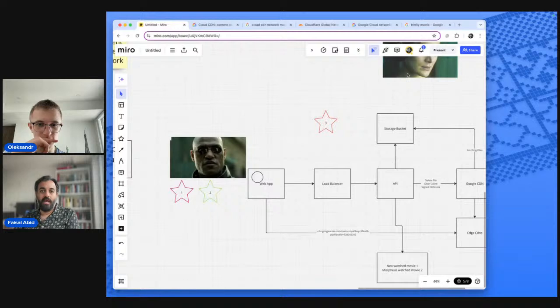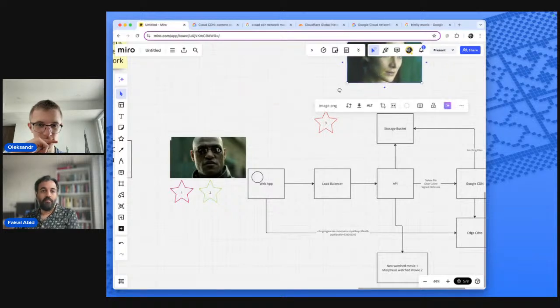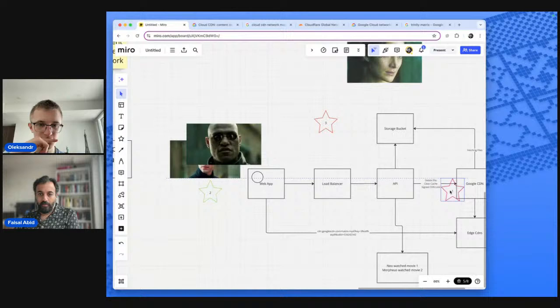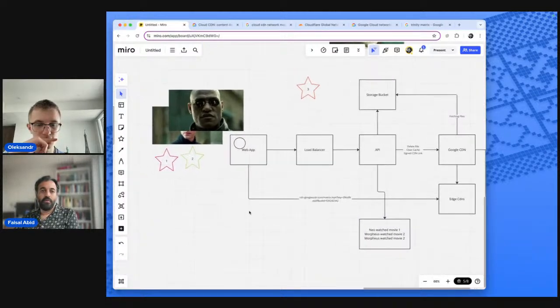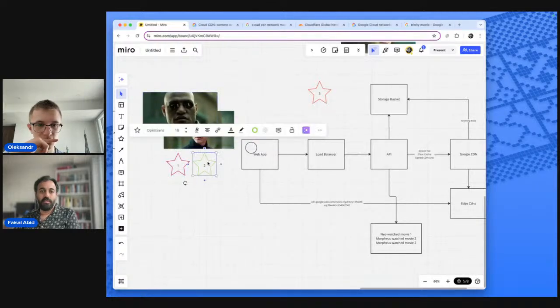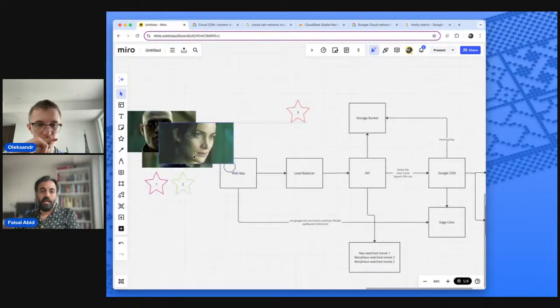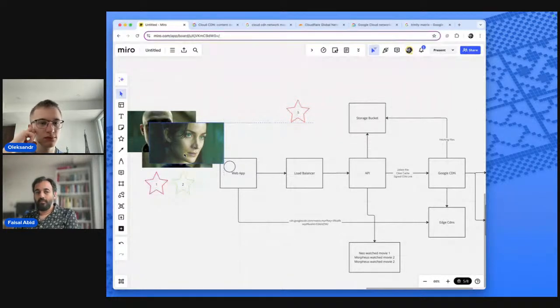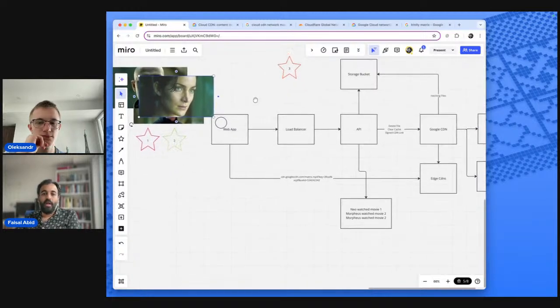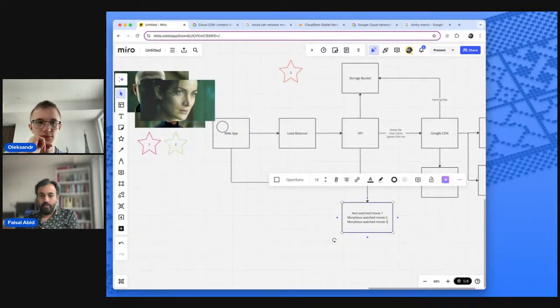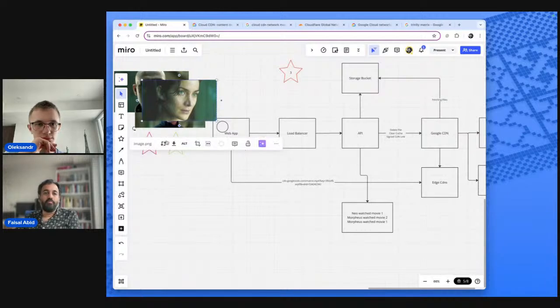Okay. And then we have Trinity. Actually, Morpheus watched movie 2, and then also Morpheus watched movie 1. So now Morpheus watched 2 movies, Neo's watched 1, and now Trinity comes on and wants to watch a movie. Trinity doesn't know what to watch, so she just randomly says, you know what? I'm gonna watch movie one. So Trinity goes and watches movie one.